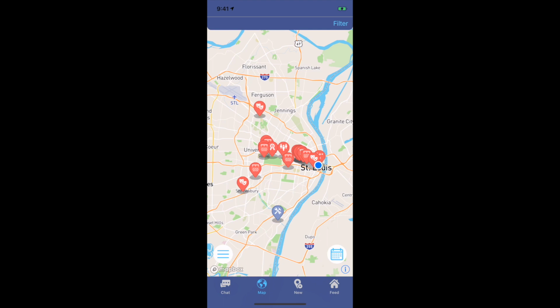So I'm actually simulating Friday, March 30th at 9:30 p.m. right now, just because that is a time that there's more events going on in St. Louis. So it's populating our map a little bit better than, say, Wednesday, the 27th at 9:40, which is when I'm actually recording this. There wouldn't be too much populating the map. So I am simulating this Friday actually.